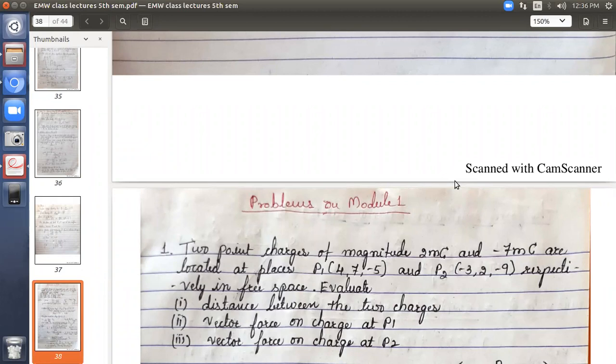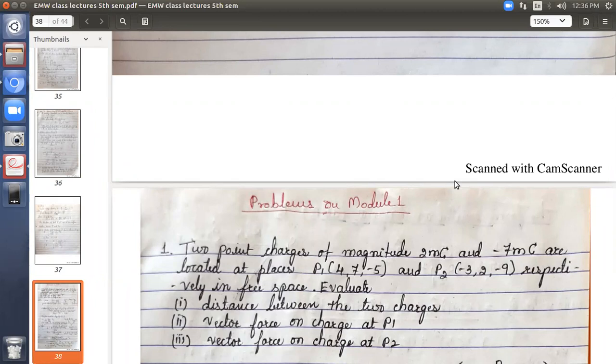In module 1 we started with the experimental law of Coulomb, how the experiment was conducted, then what is the statement of the Coulomb's law, then what is the equation. Then in the similar manner we have seen what is an electric field intensity, capital E, how it is related to this Coulomb's law of force, F and E. When you take a test charge, you can equate them when the test charge is equal to unity.